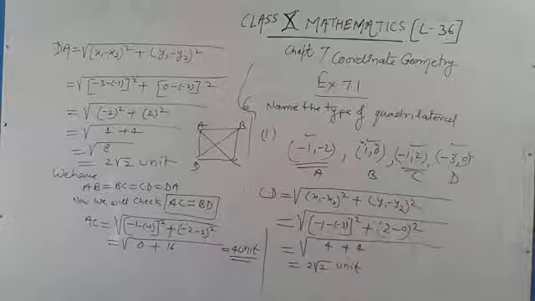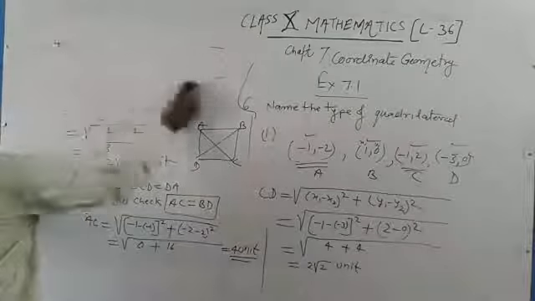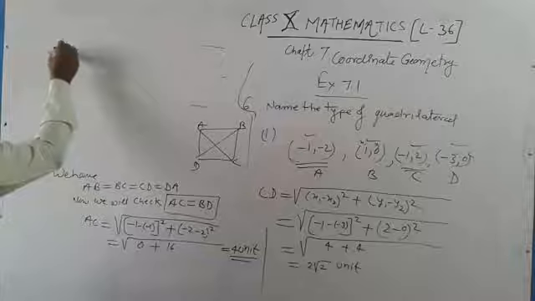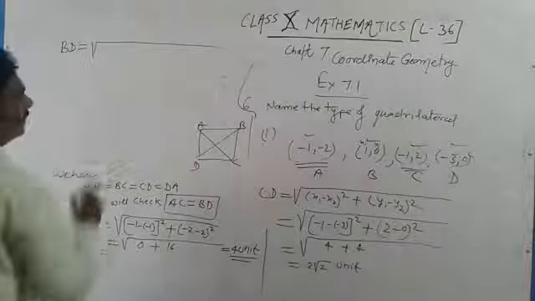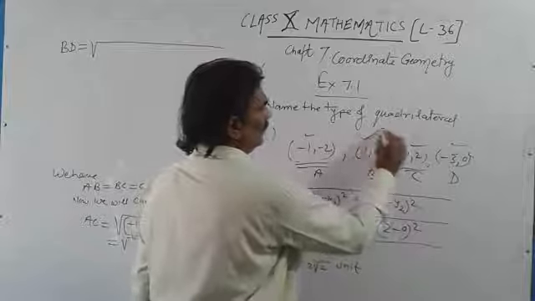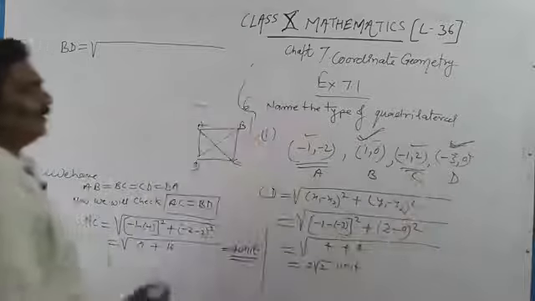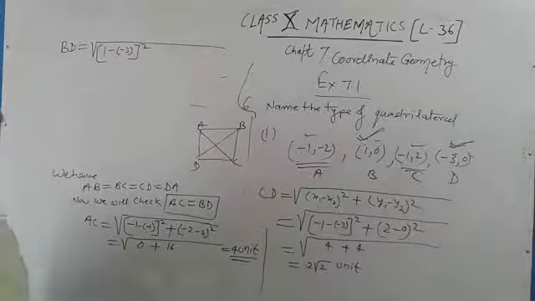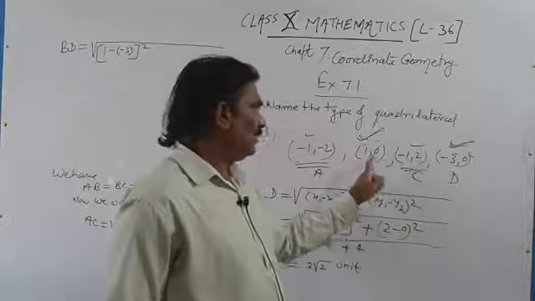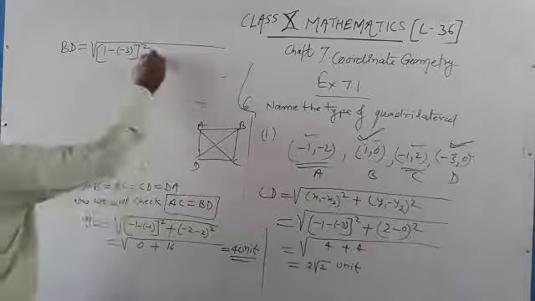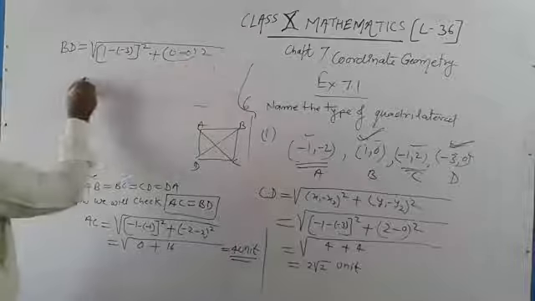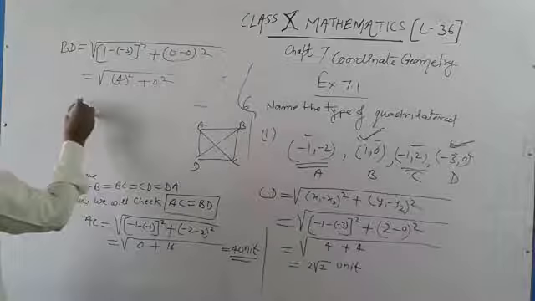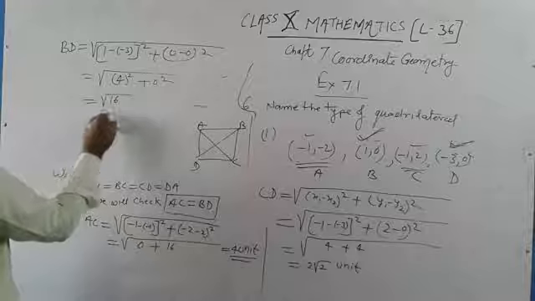Now similarly we will find second diagonal. Second diagonal may be BD. Now BD is equal to, using same formula for BD, here this is B and this is D. So 1 minus minus 3, 1 minus minus 3. For BD, x1 minus x2 and y1 minus y2 plus 0 minus 0 whole square. So it will be, students, 4 square plus 0 square. So finally it will give 16, which is equal to 4 unit.